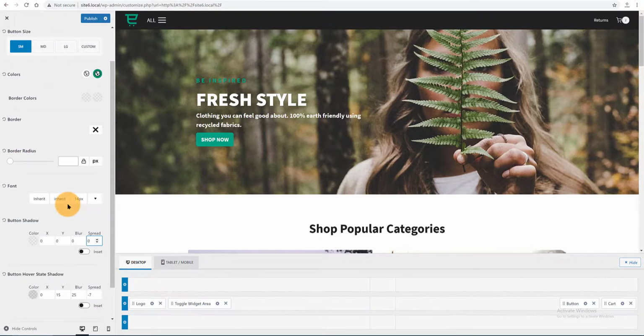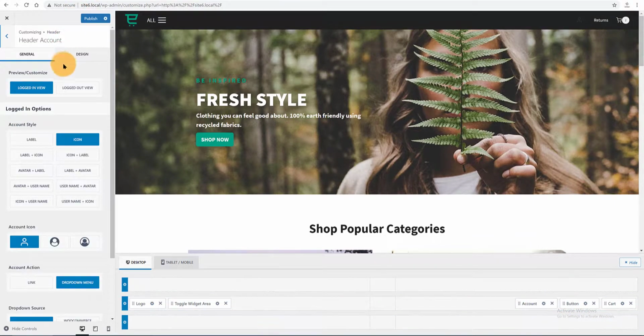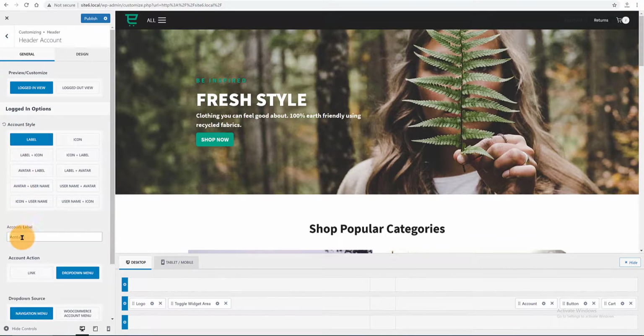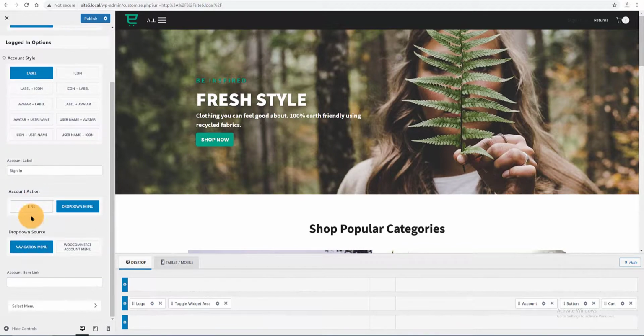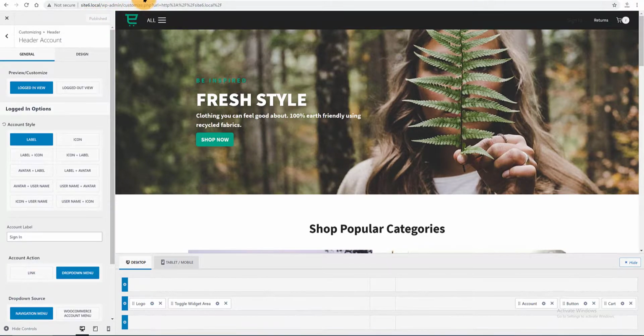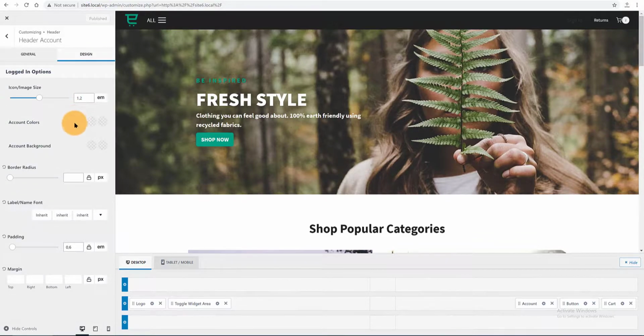Now I want to add 2 additional navigation menus. First, I add a new element by clicking the plus icon and choose Account and drag it to the left. Now I click in its settings icon, and in the General, the account label is Sign In and Publish. Under the Design tab,